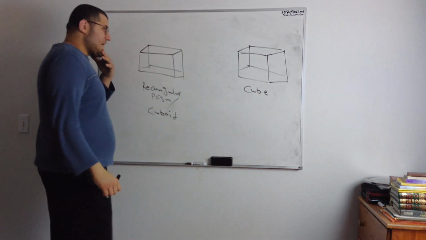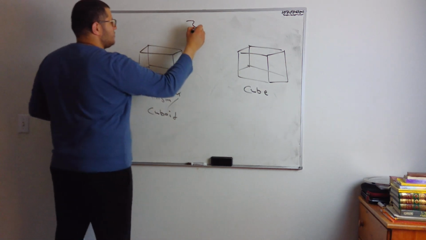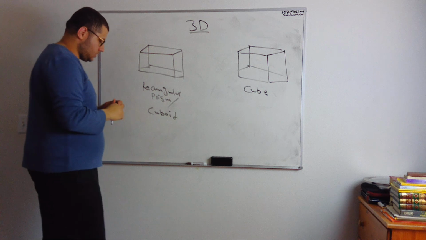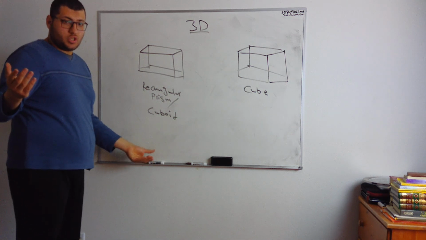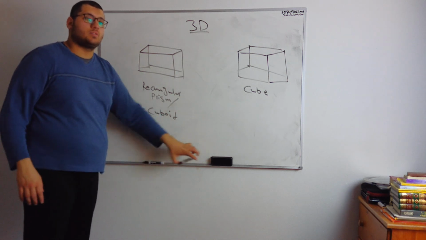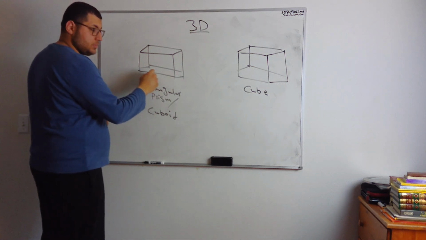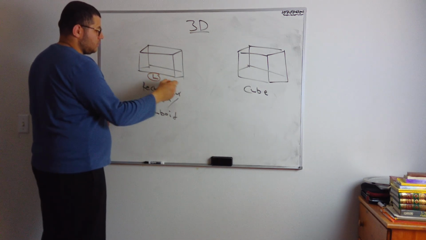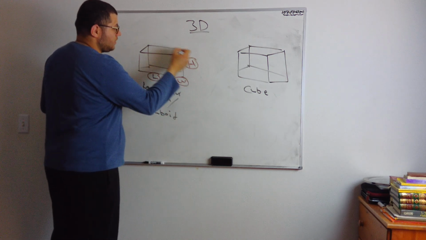Now, these two shapes are 3D shapes, meaning three-dimensional. Why do we call them 3D shapes? There's 2D shapes, two-dimensional shapes, and then there's 3D shapes, three-dimensional shapes. What's the difference between these two kinds of shapes? Well, we call them three-dimensional shapes because they have a length, L is the length,